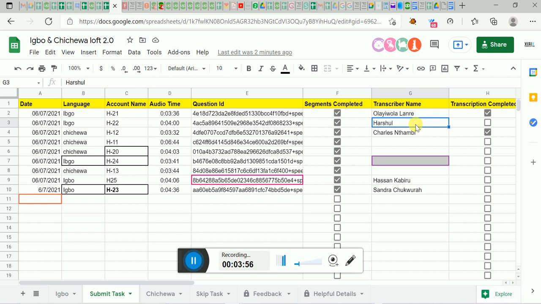I just have to mark this, and you don't have to submit or click on any skip button. You don't have to click on any other button other than your transcription.